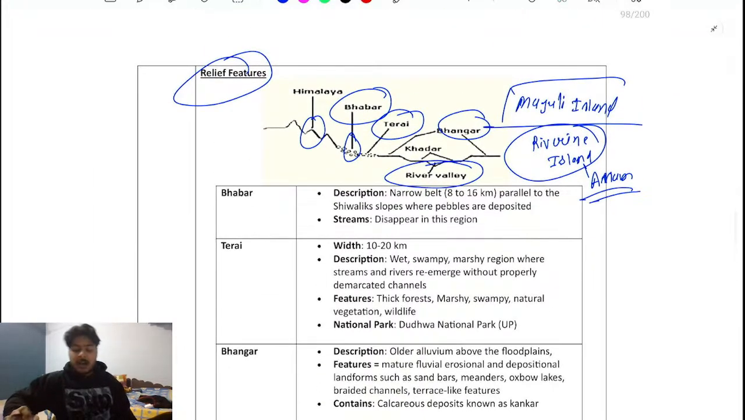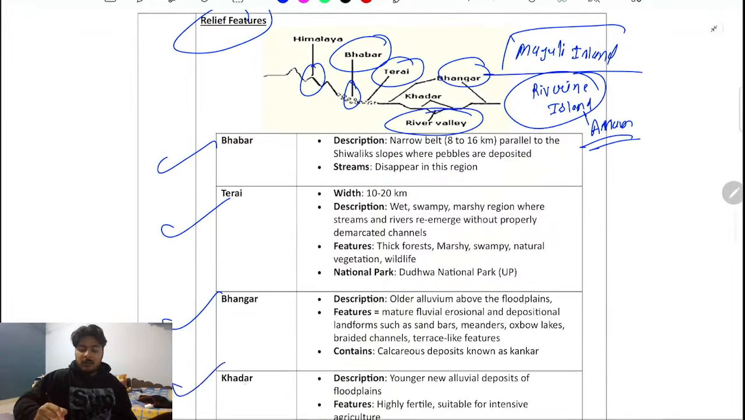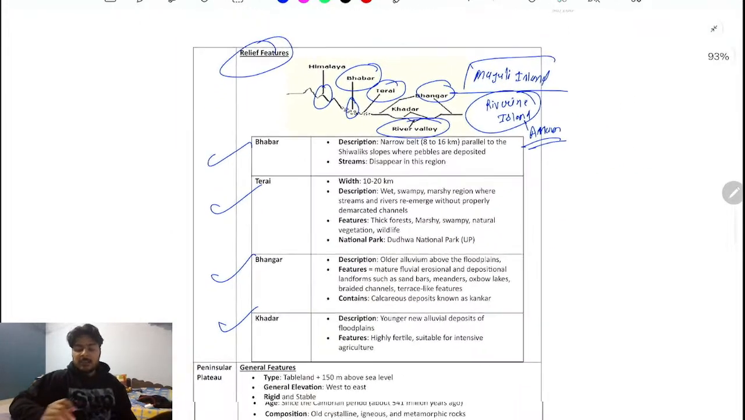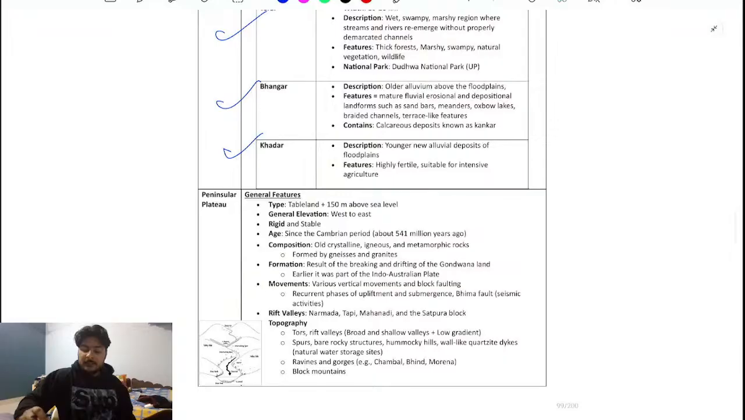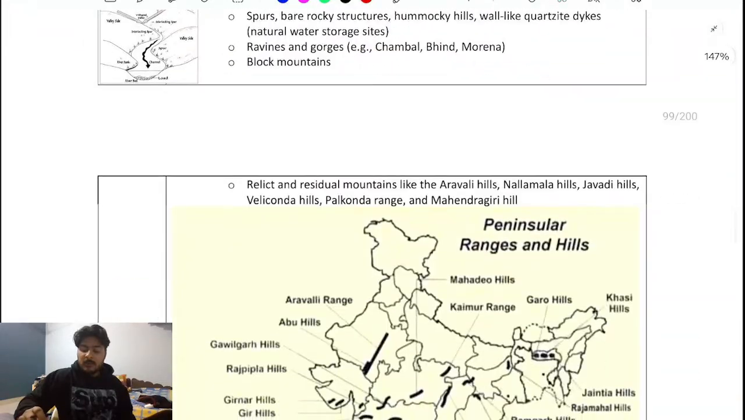Clear. So Bhabar, Tarai, Khadar and Bangar. These are the four relief features in the process of the formation of the Himalaya. Clear. Next we'll talk about overall